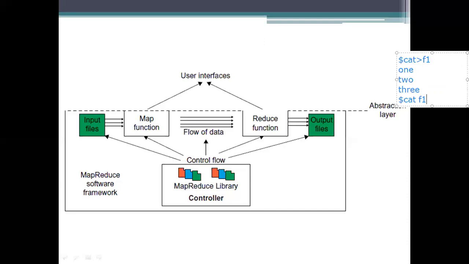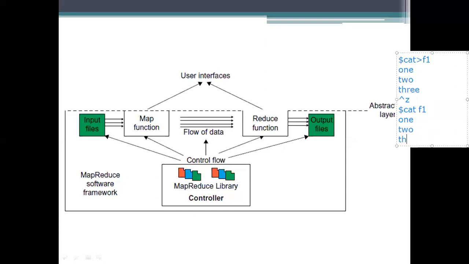So when you are representing this, you will consider the output by using cat space F1. After using that, you need to consider the controls. Then cat space F1 will simply display 1 and then 2 and then 3.